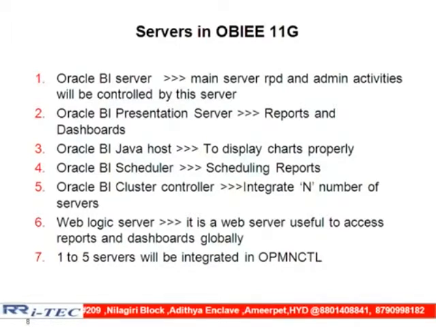In place of the WebLogic server, we used IIS, Internet Information Services, or OC4J. And in the case of 10g, the servers were individually registered. But in the case of 11g, all these things are registered inside OPMN and CPL. OPMN stands for Oracle Process Manager and Notification.